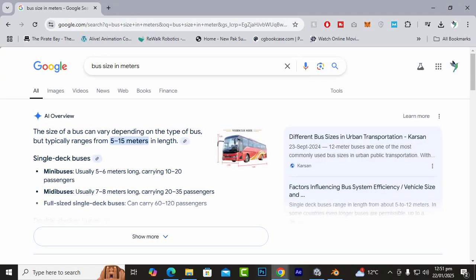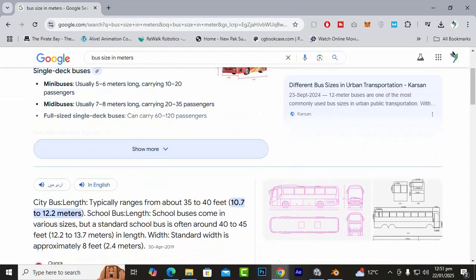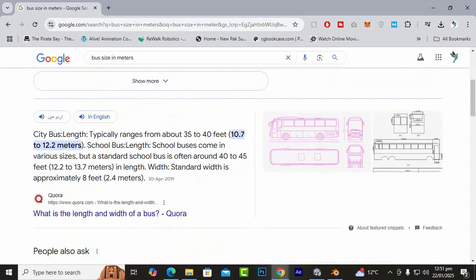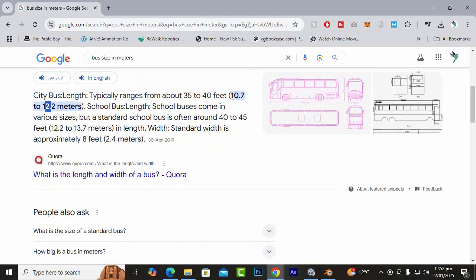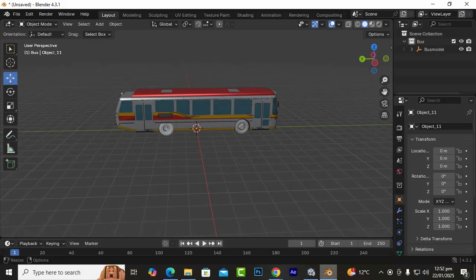And you can see that the city bus typically is 10.7 to 12.7 meters long and the width is 2.4 meters. Okay, so 2.4 meters. So we'll just go here